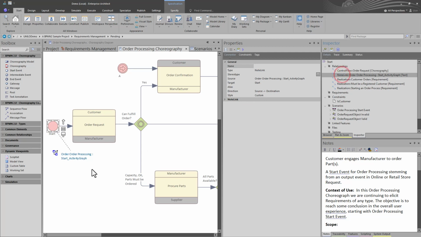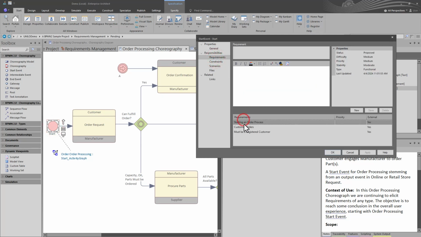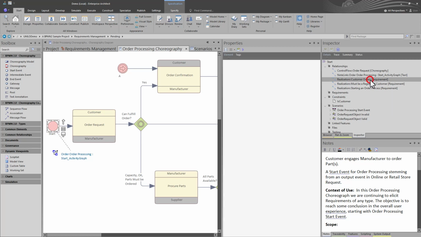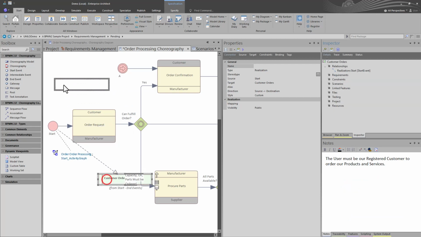There is a note link, that's this one right here, relevant to some additional information, and we'll get to that in a moment. There's a realization association relevant to a requirement, realization from another requirement, and realization from another requirement. And if you remember, these are the requirements that we developed internally to the element, and then we moved them externally. So from here, we're able to go to where the requirements are, and let's see if we can do this. We can bring a requirement in,